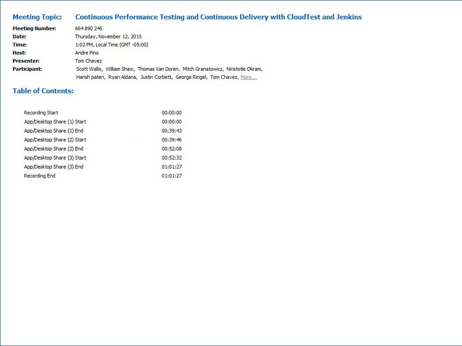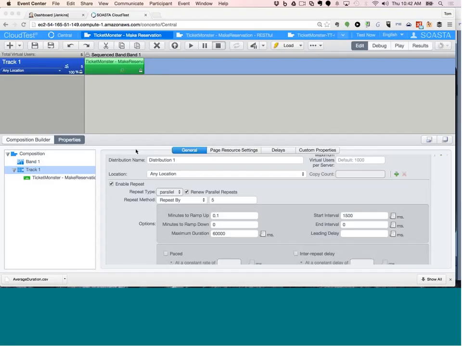Great. And now I'll share my screen and give you guys a look at some of how to put this into practice. Now, what I've got here running is CloudTest, which is our performance testing tool. It runs from the cloud, or it can run in your own instance behind your firewall. And what we're going to show here is, actually I went away from the slides too quickly, there's a JBoss sample web app called Ticket Monster.